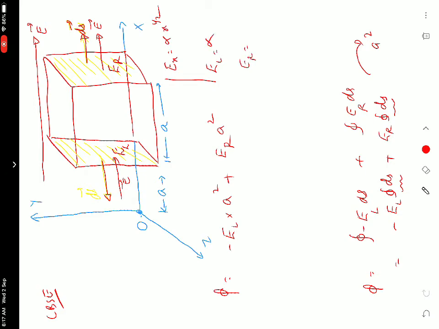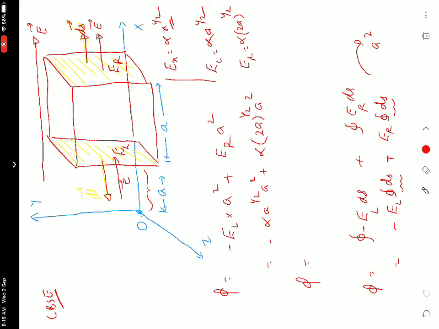Alpha. What is the value of x for the left side surface? How far is it? Alpha a to the power half. Okay, very good. Anshuman, ER, E on the right side surface. Alpha 2a raised to the power 1 by 2. Okay, alpha 2a to the power half. Substitute this value here. This is equal to minus alpha a to the power half a square plus ER, which is alpha 2a to the power half a square.